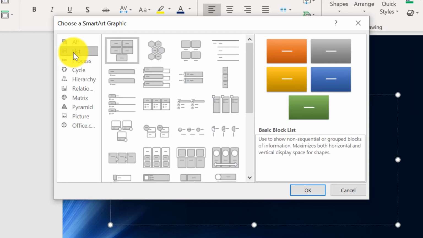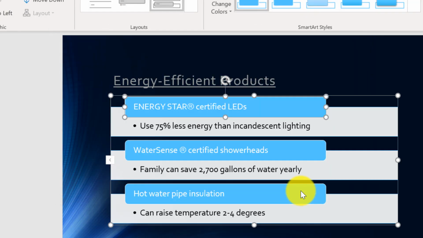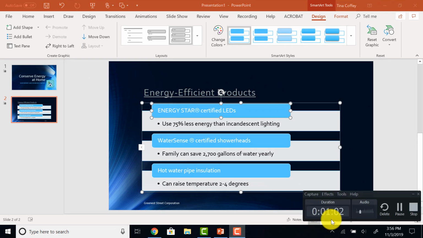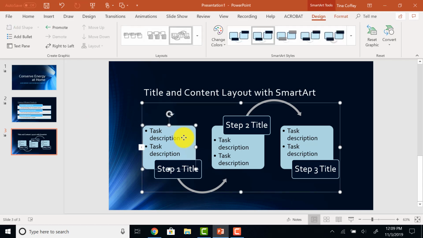I'm going to come to the list, and then I want the vertical box list. You'll see a preview over here of what my graphic will look like, and I'll choose OK. And that will insert my graphic for me. Let's take a look at editing SmartArt. So if I click on slide 3, you'll see there's already SmartArt there. So I'll click on it again, and then I can go ahead and type in replacement titles for the titles